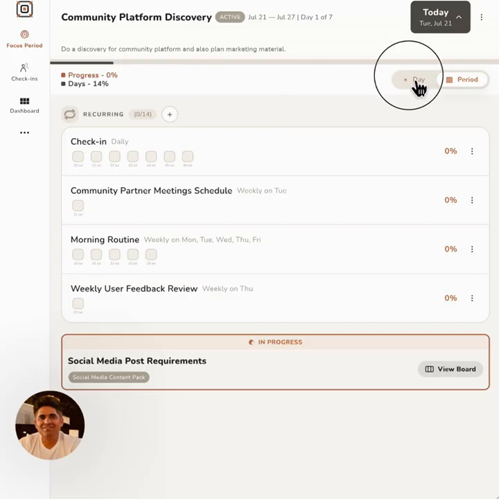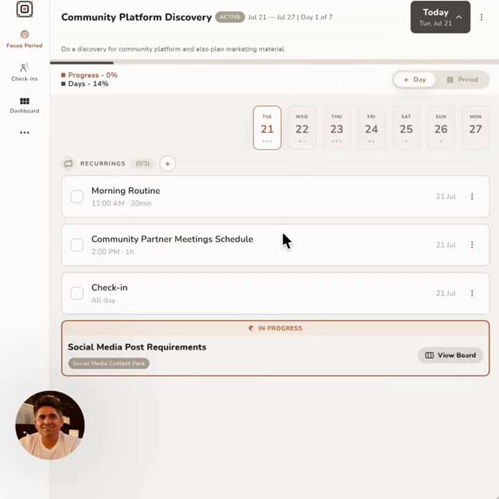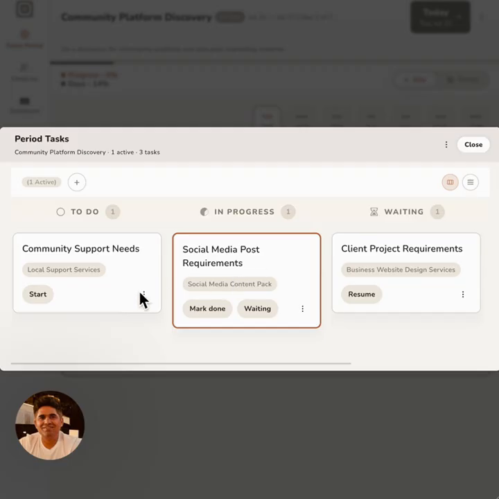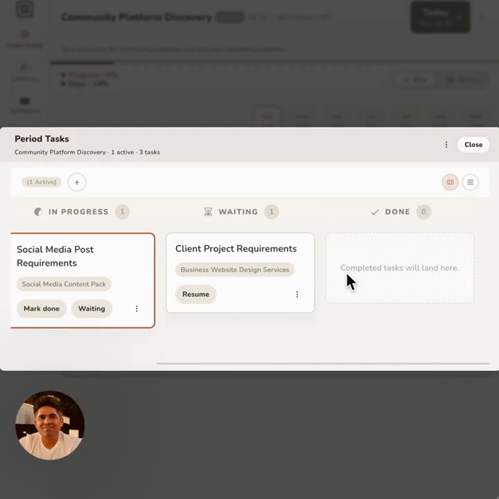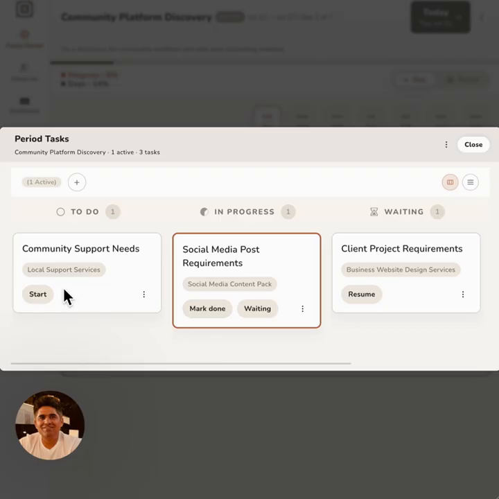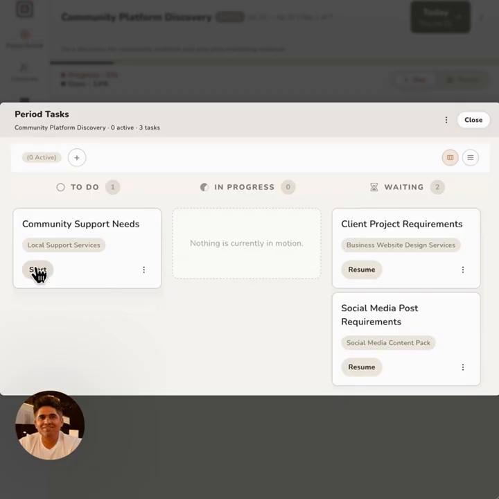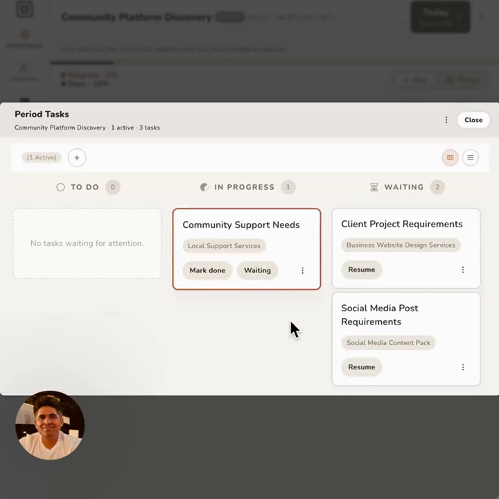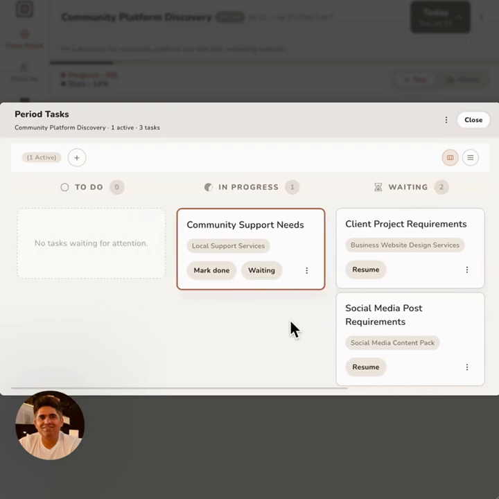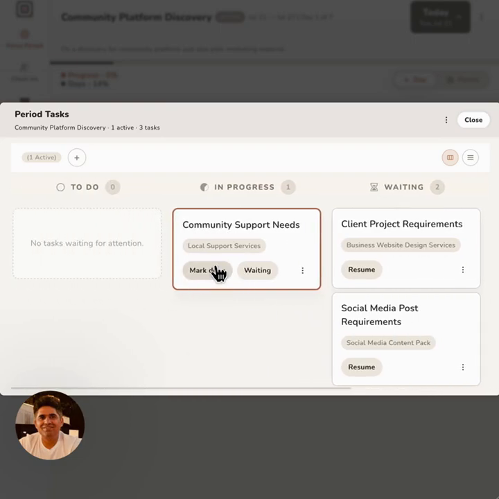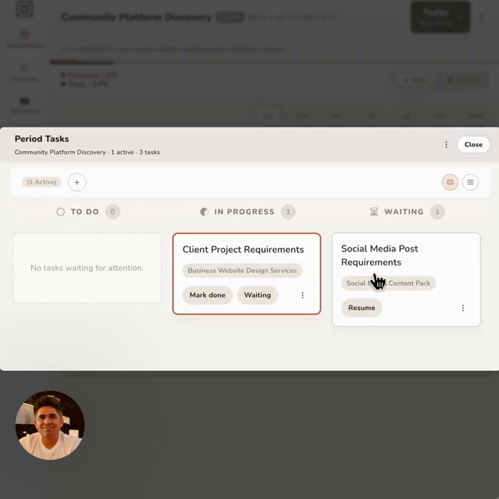And so that's pretty much for the daily repeats, and this is for the tasks that it suggests are in progress. Social media post requirements that we need to work on, but again we can move around which task we need to do. Let's say I'm waiting on this task and I'm gonna start on this, and maybe after 1 or 2 days mark done, and this is now resume,